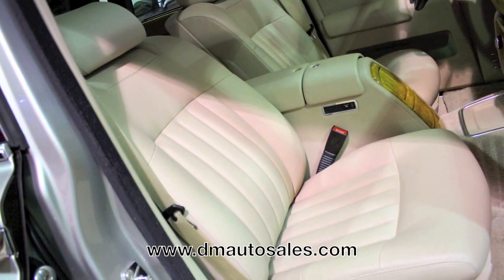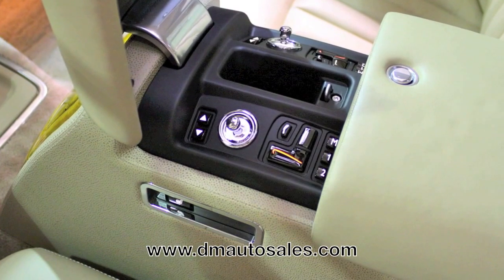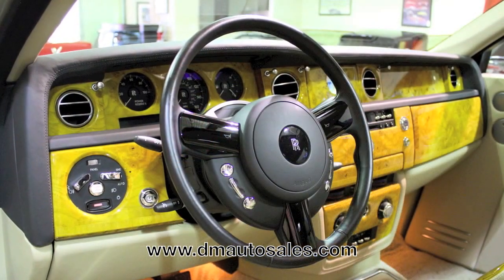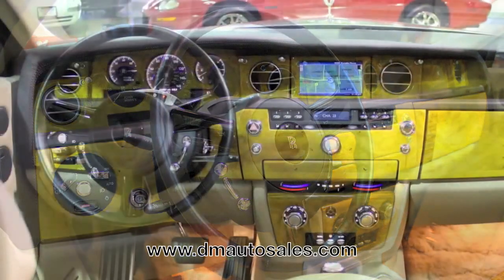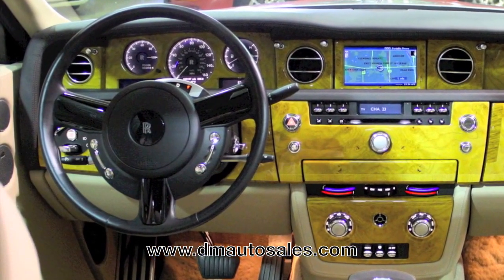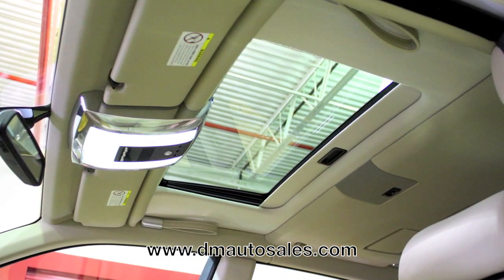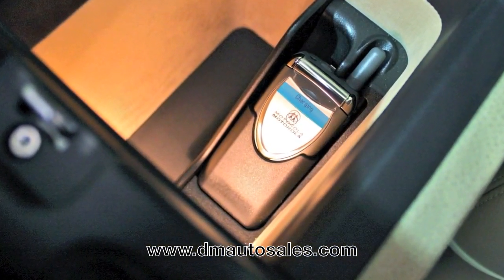Very large and very comfortable front seats feature multiple power adjustments, power lumbar support, memory settings, and of course both are heated. The large diameter steering wheel is true to Rolls-Royce heritage, but with multi-function capability and power tilt and telescope reflects a 21st century design. Above the driver's head is a convenient one-touch power moonroof, and in the center console is the standard Motorola V60i